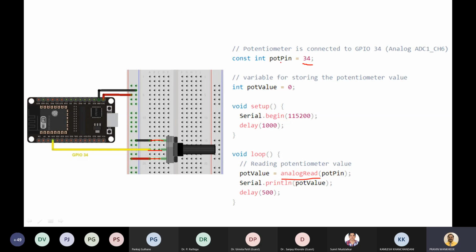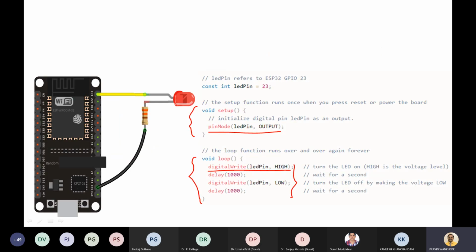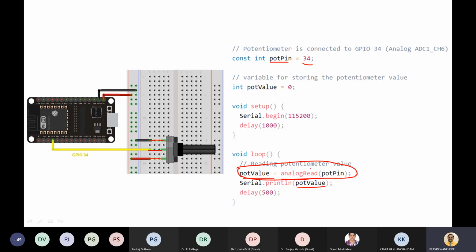Then we use that variable port pin in the function analog read, and that is reading the value. Whatever analog values are there, converted into digital, we get in a port value, and that we are sending to the serial. So in this way, this function is able to read the analog value from the potentiometer. The port value is equal to analog read, which is used to read the values from this potentiometer. So it means that digital write can be used to switch this LED on and off, and analog read can be used to read the analog value from a potentiometer, LDR, or thermistor-like devices.